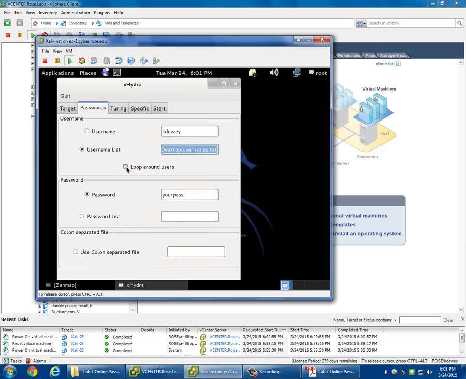Okay? Same with password if you had one password. Now you could also do loop around users. Maybe you're doing different machines and you want to try every name on every machine, so you probably don't need that option. Passwords, again, if you're doing one password, you can put it in there, or password list. You guys are going to point to that English file. Okay. You could also use a colon separated file. You just point to it there. Now, tuning,